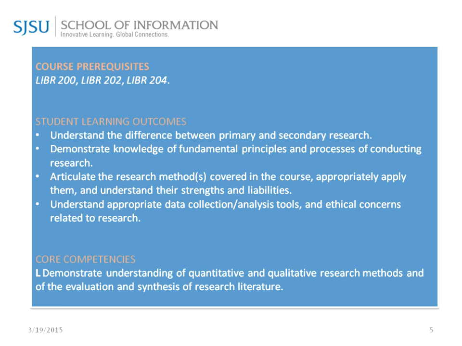There are three prerequisites for 285 research methods: 200, 202, and 204. You have to take these first three foundational courses before you can take 285. And there are four key learning outcomes for 285, and these learning outcomes are the same for all the different sections of 285. The very first one is to understand the difference between primary and secondary research, and then you